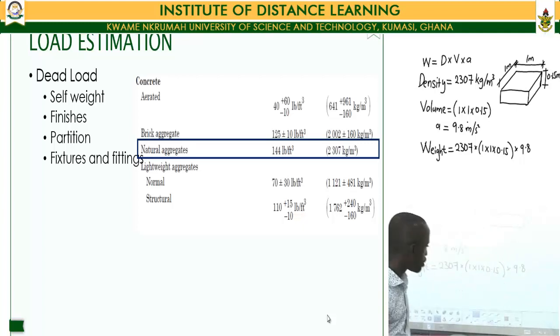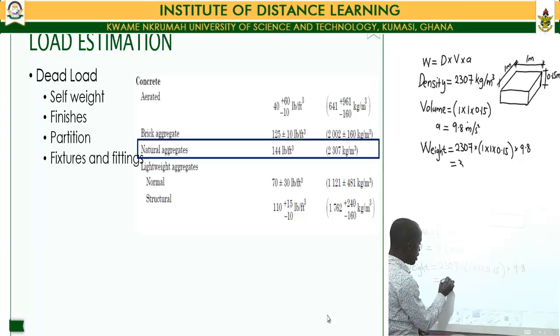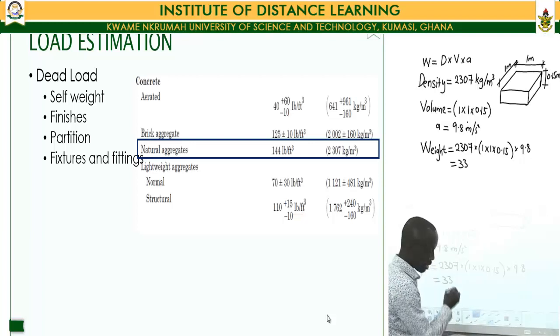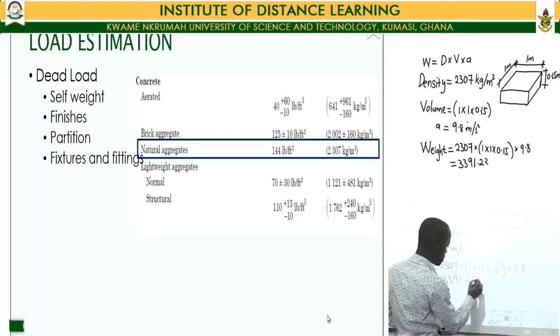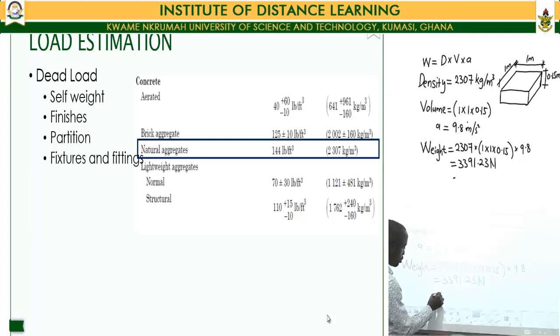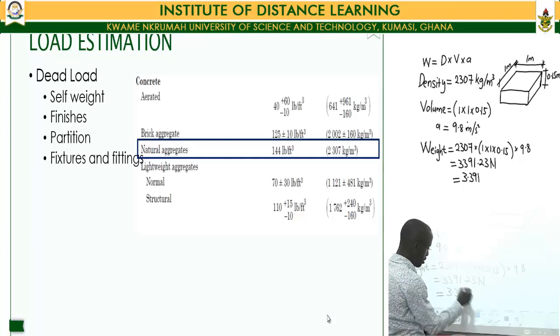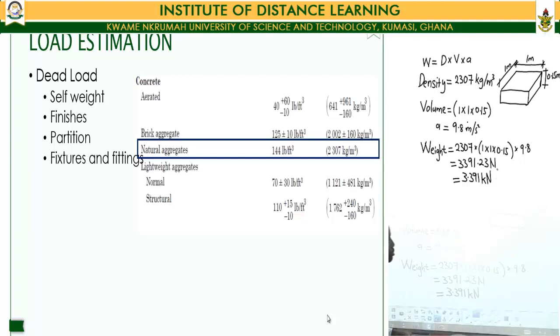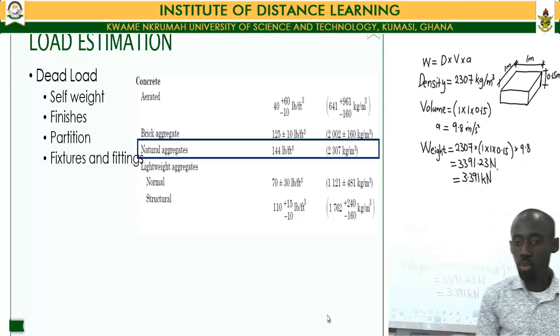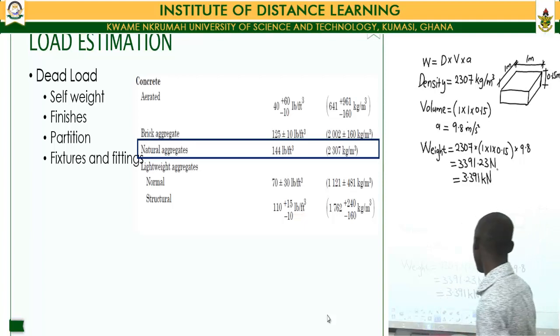Now this gives us a total weight of our slab, which is equal to 3391.23 newtons, which translates into 3.391 kilonewtons. So then if I pick a meter volume of the panel that I'm designing for, that meter volume